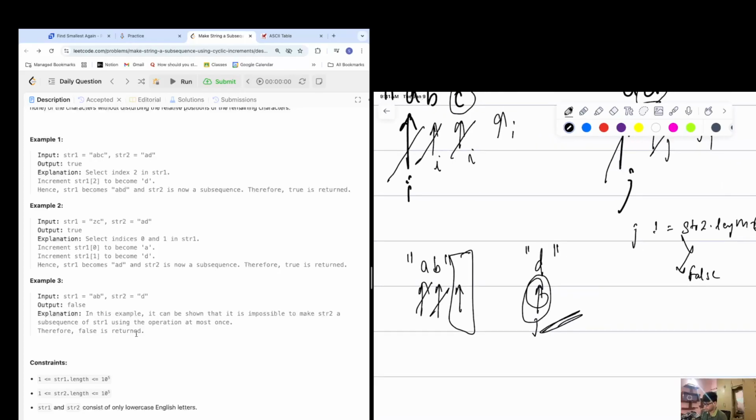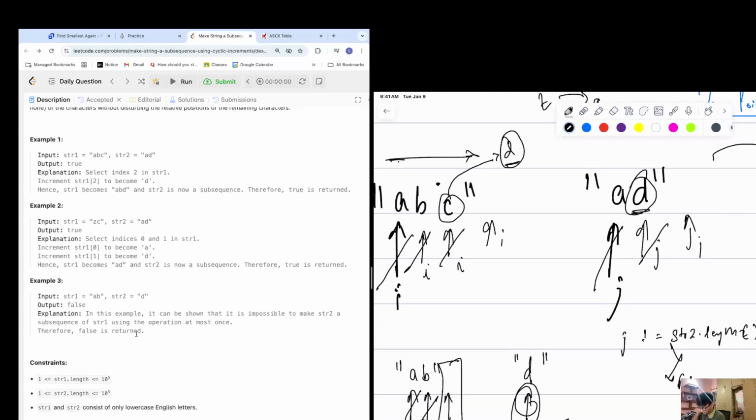You need to pay attention over here. So here, if you see, when I found the subsequence, I'm incrementing i and j. When it is a subsequence, your i and j pointer will always come out. So your j value will always end up being equal to string 2 dot length, if it is a subsequence. If it's not a subsequence, then your i will stay wherever it is and you'll be iterating through the entire